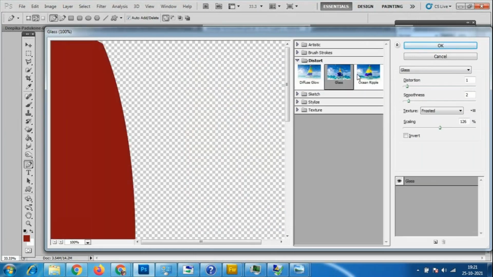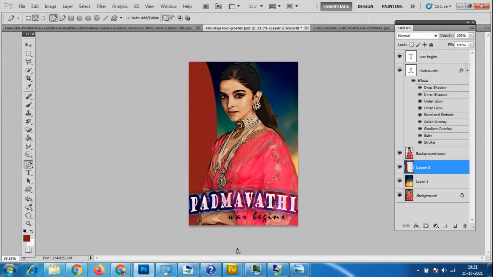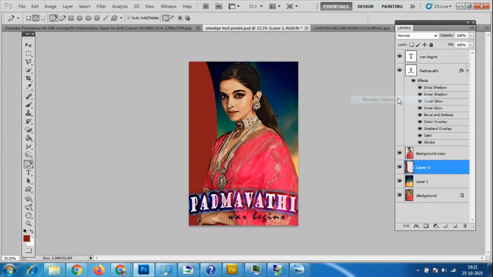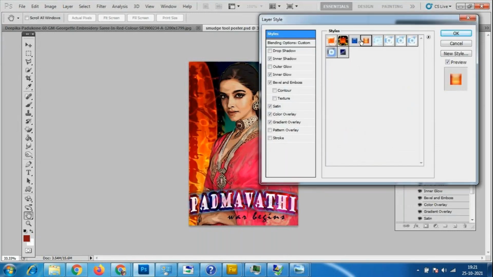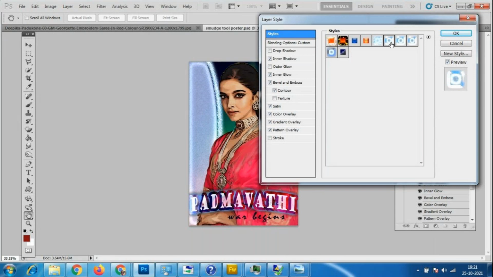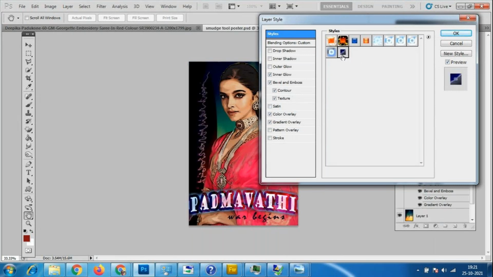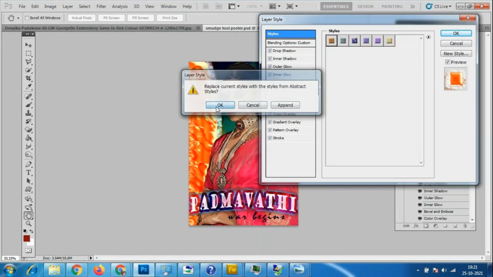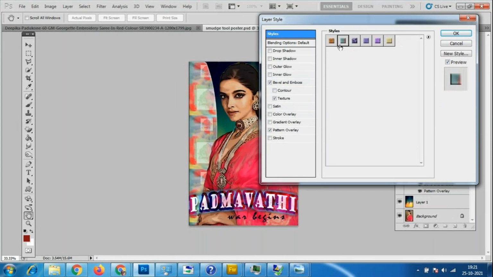Very lightly, I will add a texture like this. For this effect, I can also use the blending options, since this is not looking nice. Otherwise, we can use an abstract style like this.